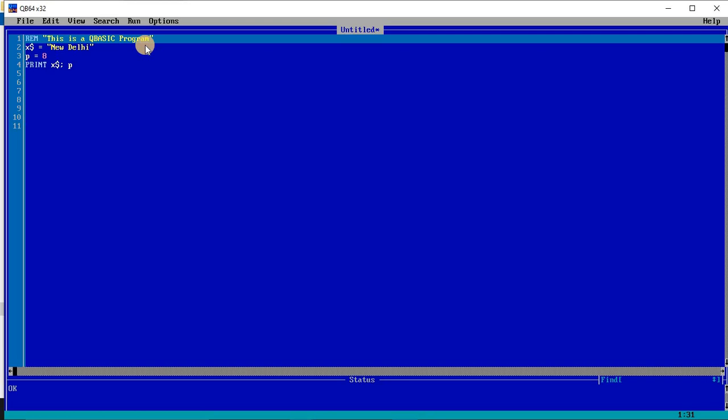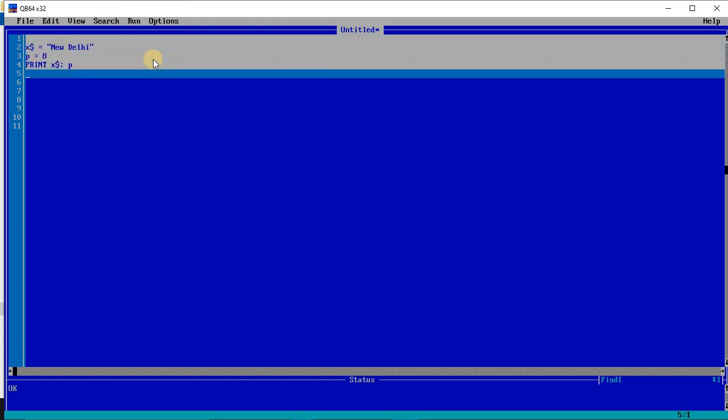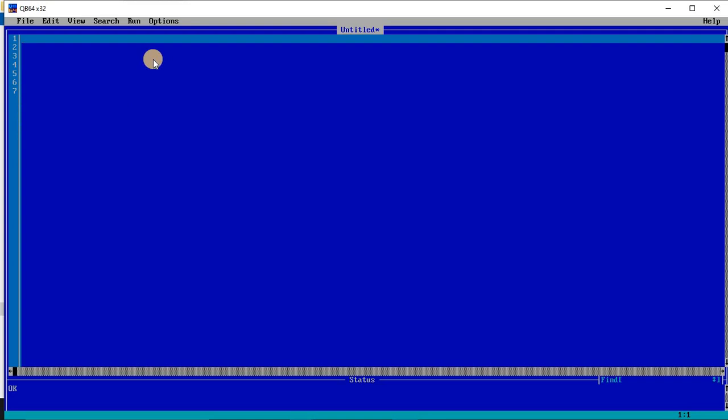Okay. Now we are going to learn another new command, which is called input. So let us try it out. Now I will be rubbing these lines, because we will do it from the beginning. So suppose I am writing input, and over here I write enter a number.